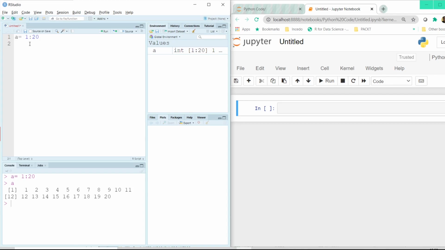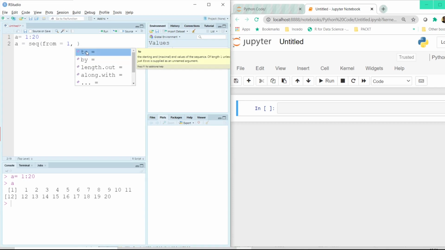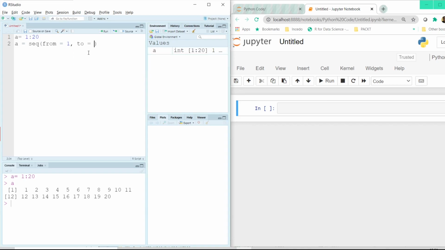Supposing you only want the alternate numbers, then we have an option by using this sequence function in R. So we can start off with from equal to 1 if I want to start the sequence from 1, and then I can press the tab on my keyboard and it will give me the other things that I can type. Now if I select to, I have to say the sequence ends at 15, and then comma and another tab. Now I also have an option of entering by. So what does by indicate? Number, increment of the sequence. If I select by, I can put a number something like 2.